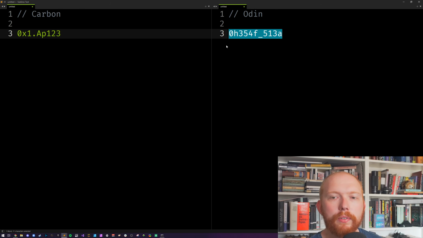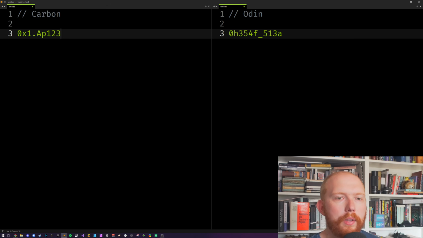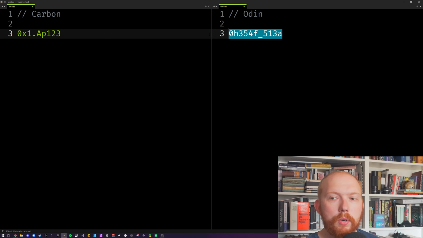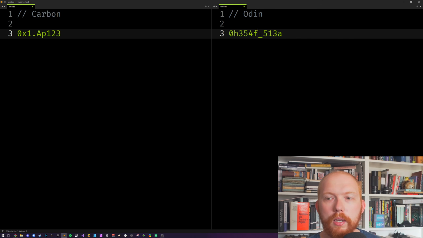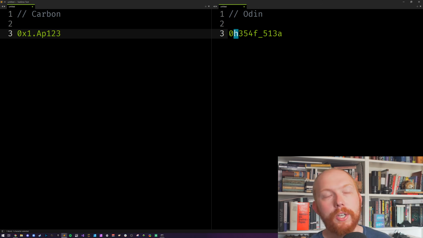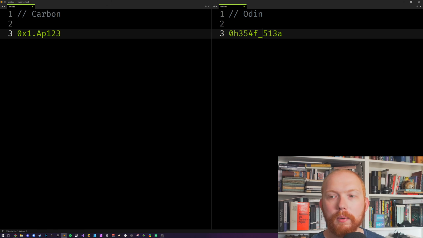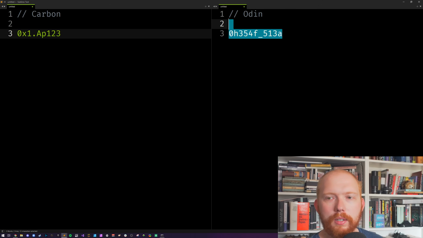You could write that as your float constants, and that's the bits directly in the language, rather than having to rely on this. Of course, you can accurately do the same thing, but to me, this is a much better representation when you want the precise floating point representation, and not something in decimal. And again, this extends, and notice the H we've got here. The 0H means this is a hexadecimal float. And then we don't need the underscore, but that's just to separate it because I was looking at it 2 bytes at a time.